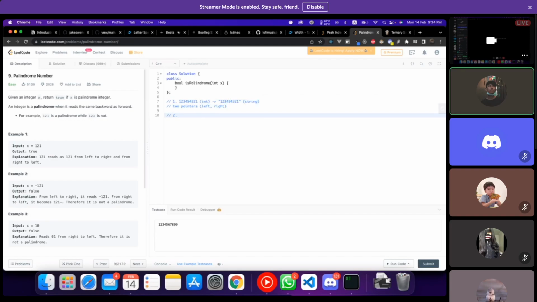So another way to solve this is, because it's a number, we can do some very fancy math to reverse it. So we can actually reverse this integer. Let's just say this is the reverse. So if we just check